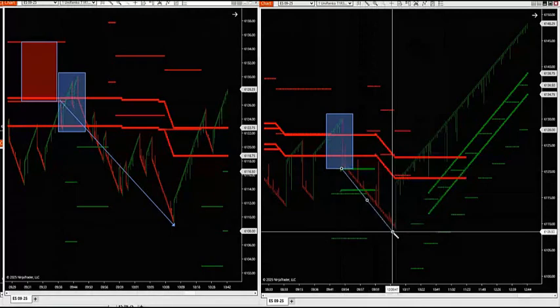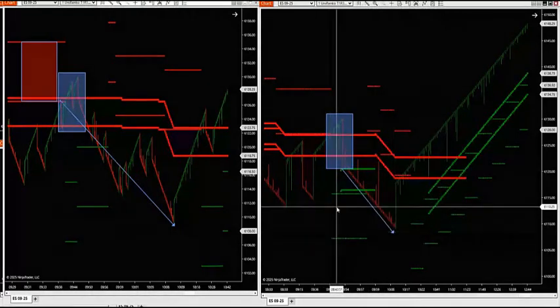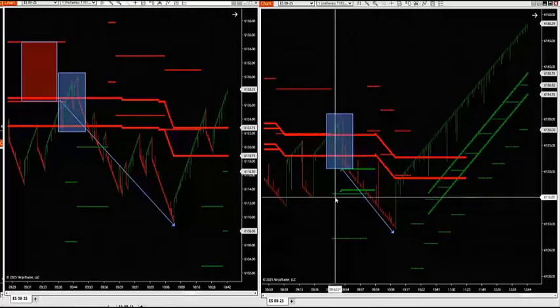It's just a more smooth. You can see the liquidity grab a little bit better, and it's a little bit more smooth. Now, in slow markets,